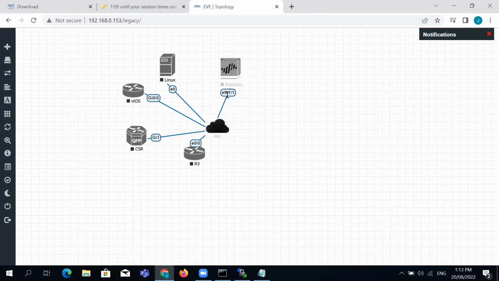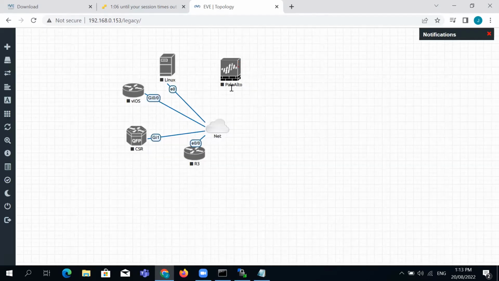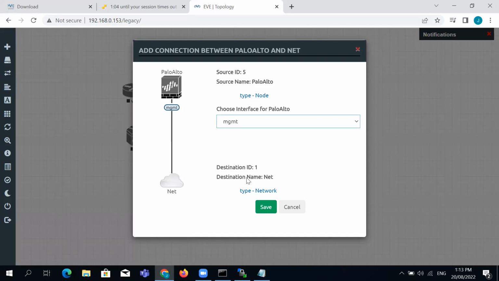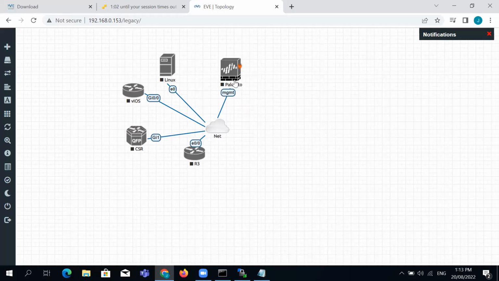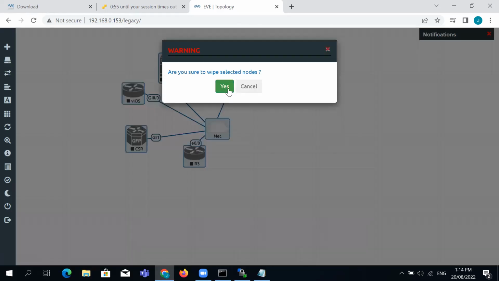For this one, Palo Alto, I will create a link with management, because I have to manage this device. I can do the rest later on. I can select here and connect it with my router or whatever devices, my PCs. So for now, I just select management. I select this one. Once I do wipe selected,